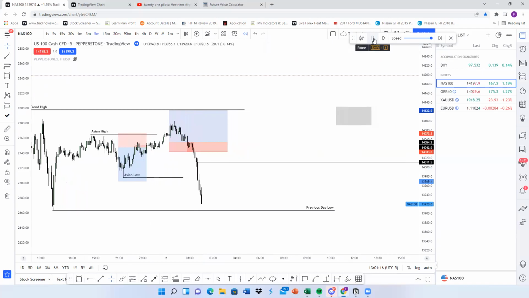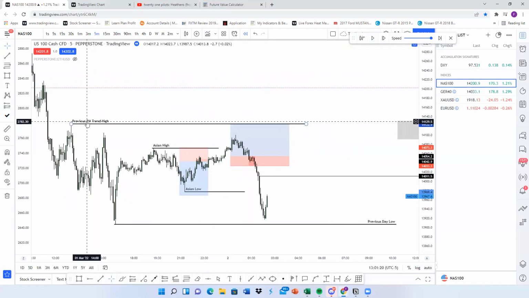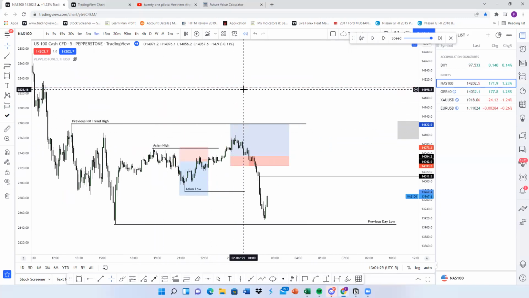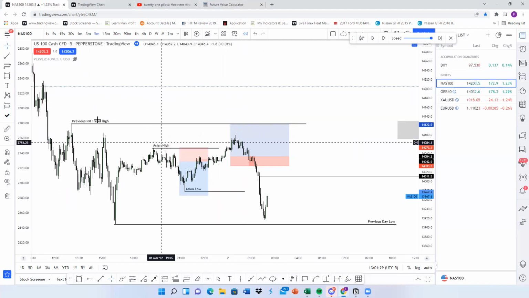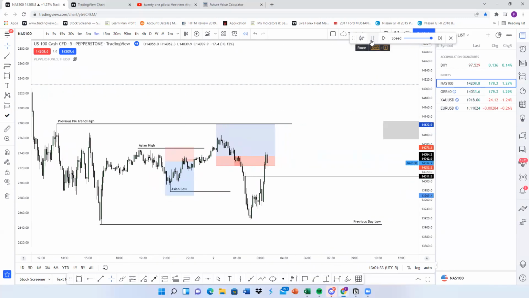And it fails. So now when it fails like that, fails to take out the PM trend high, fails breakout, all that, it means it's suspicious, right? It means this is being protected. This has been taken out. This is being protected. So what's the next step? Next step is take out